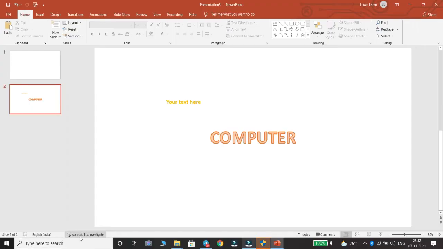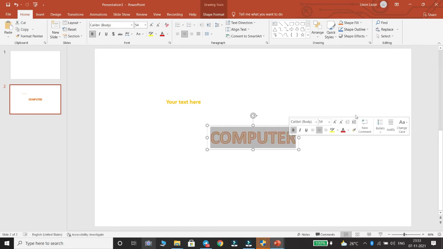Editing the word art. If you want to change or edit the word art, you have to follow these steps. First step, click on the text box. Then triple click on the text to select it. Step 2, click on Format tab.